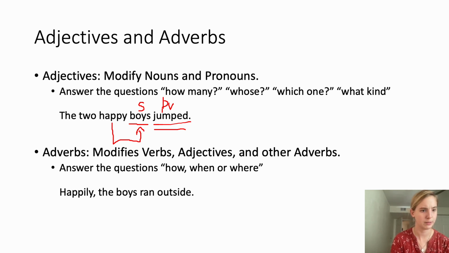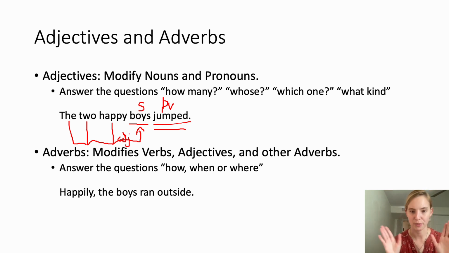Well, there are 2 boys. Which boys? The boys. All 3 of these words are adjectives because they modify a noun, boys. I would write in all the corners ADJ. Forgive my mouse. Now I'd write this in all 3 corners, but for the sake of time, we're going to